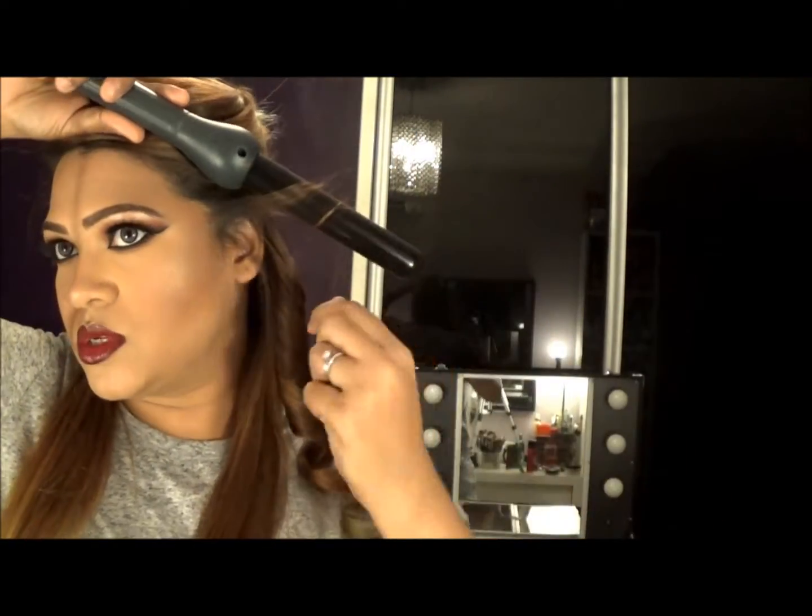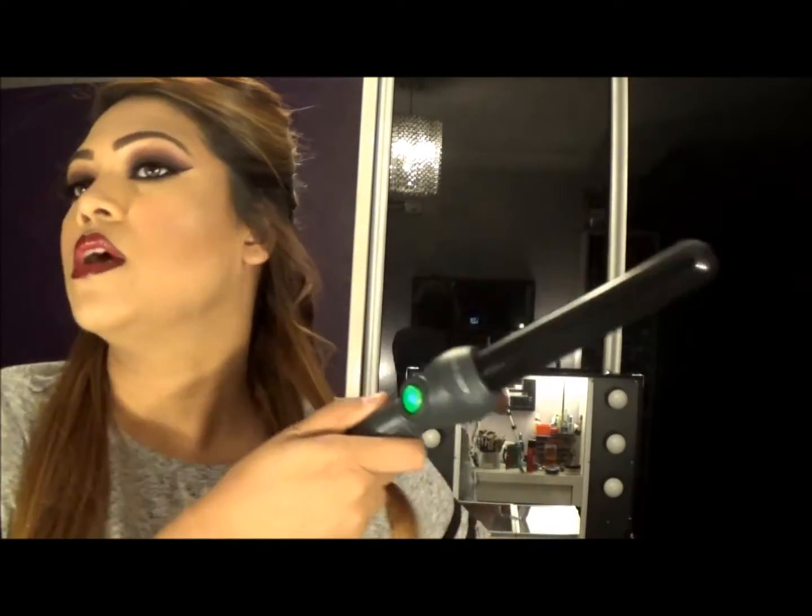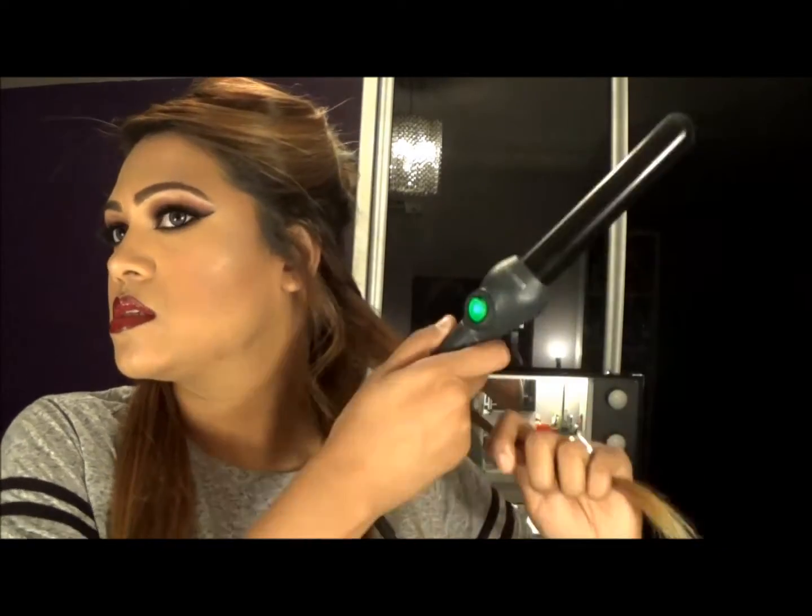So just the first one, and down. Okay, so the next part will be this one. So this one you can just push it behind. At this point you can use hairspray, but I usually use hairspray after I've curled the bottom portion of my hair. So I will start again with this part,